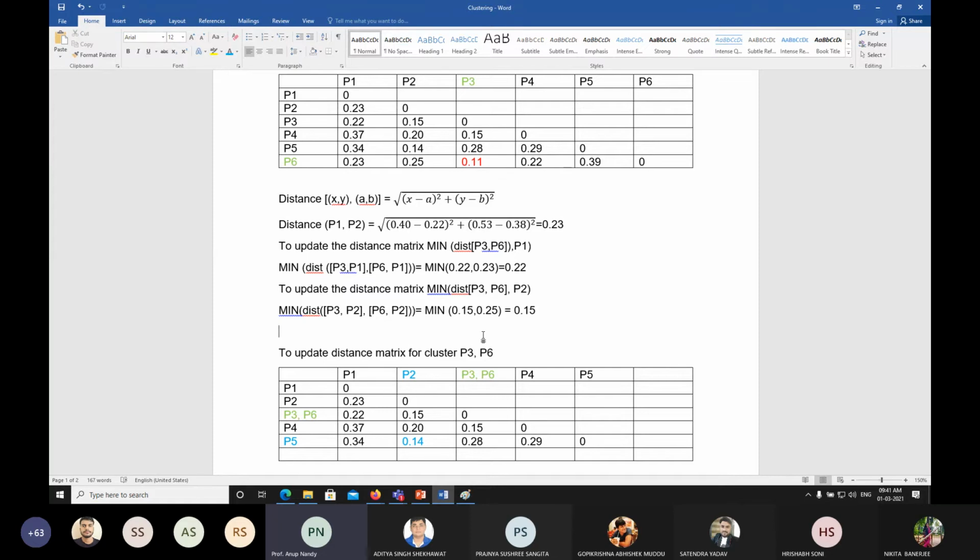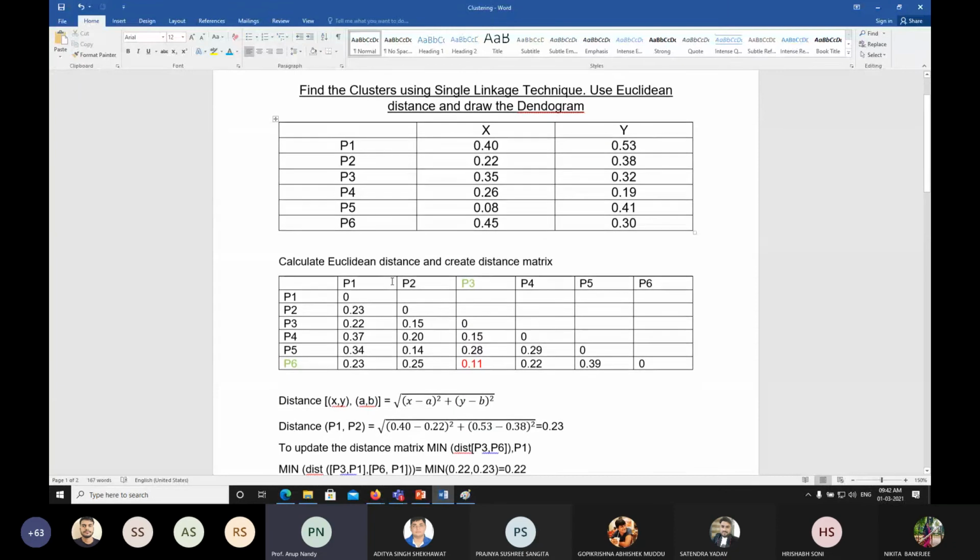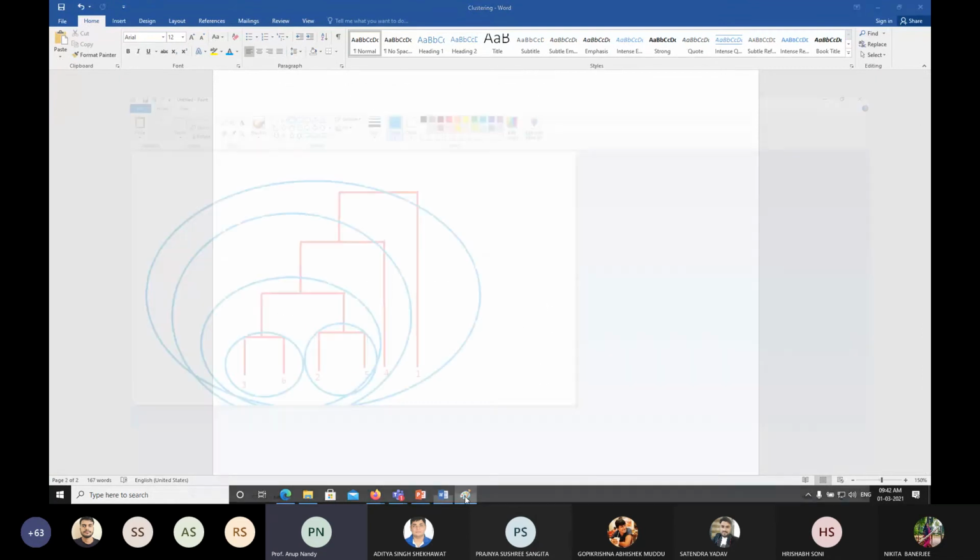So they can be used from a research perspective, not from this theoretical point of view. Theory point of view means whatever I wanted to give you in terms of the mathematical framework, that I already explained to you. Okay, I hope that it is clear to all of you. So how to form a dendrogram: as you are using single linkage, you can also use complete linkage or average linkage. The process is the same, and you need to form the dendrogram in this way.